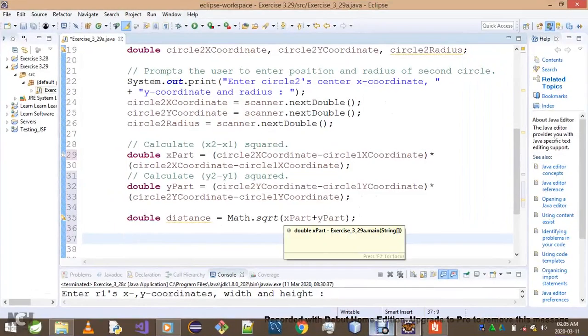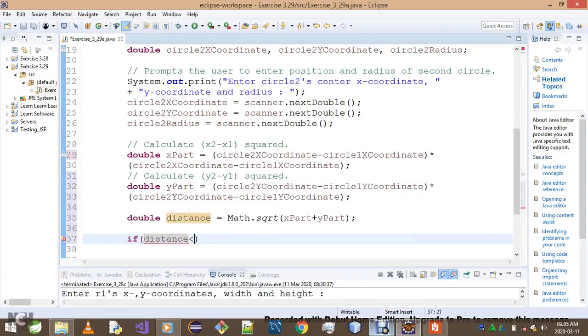Okay, so that simply says if distance is less than or equals to